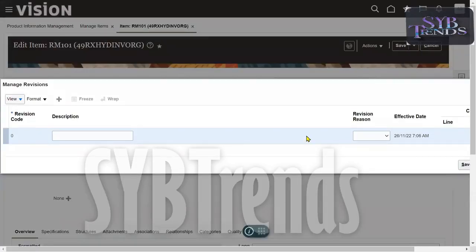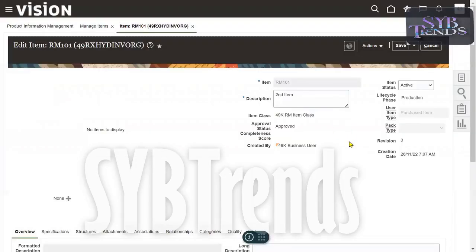Revision example is nothing but, suppose you take iPhone 13 or iPhone 11, it has got different revisions. iPhone 11 is the product, but it has got different revisions, nothing but iPhone mini, Max or Pro Max. So different revisions are there. Or iPhone Plus. So for the same item, we can create multiple revisions. Why we are creating multiple revisions is to reduce the cost or to improve the quality or whatever